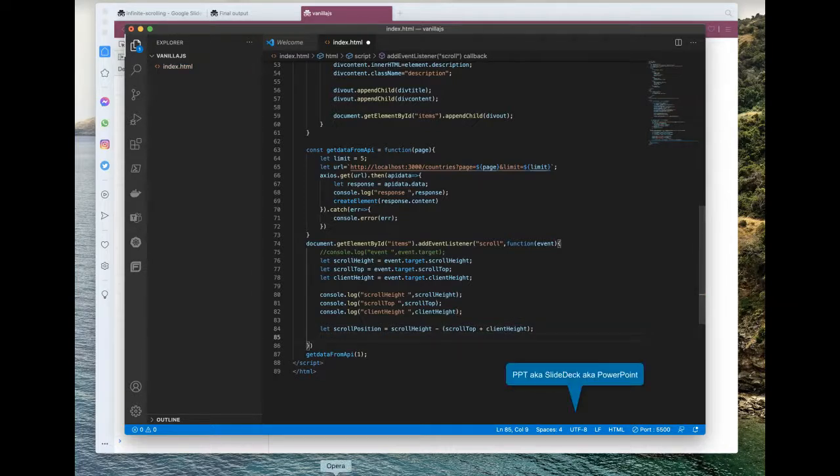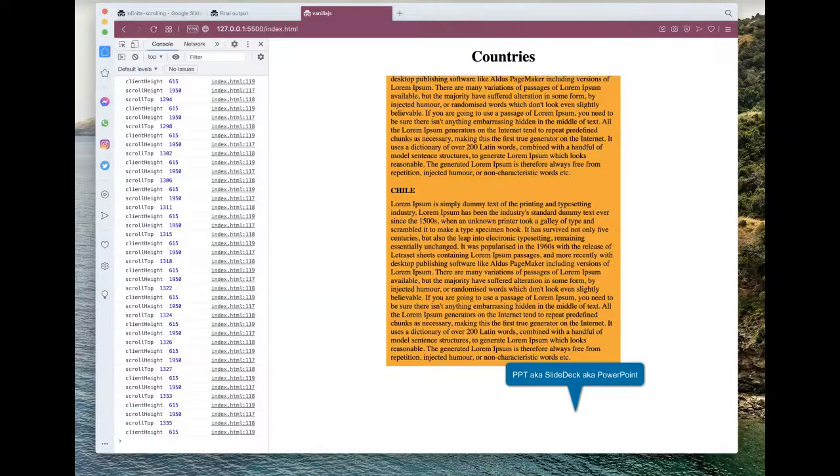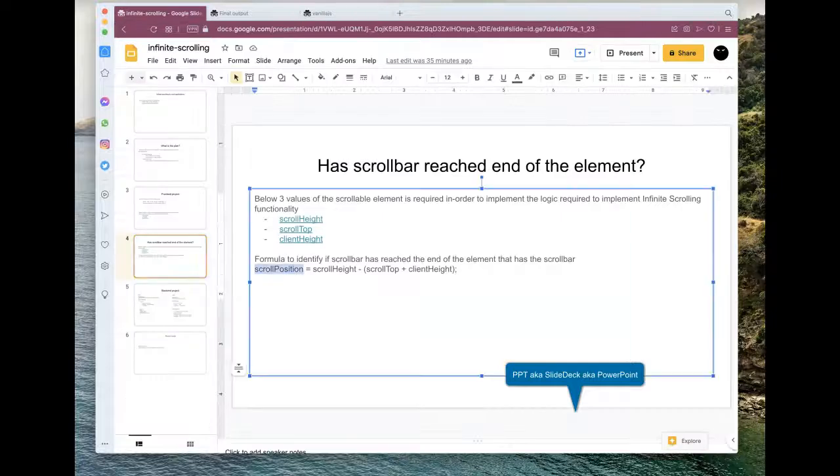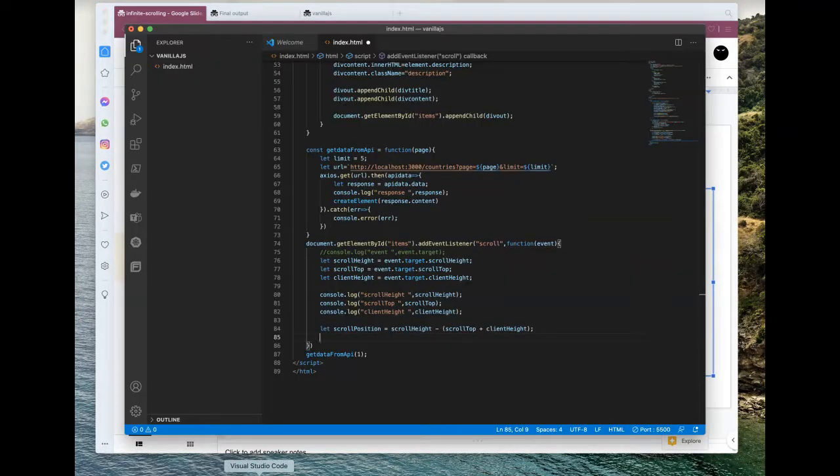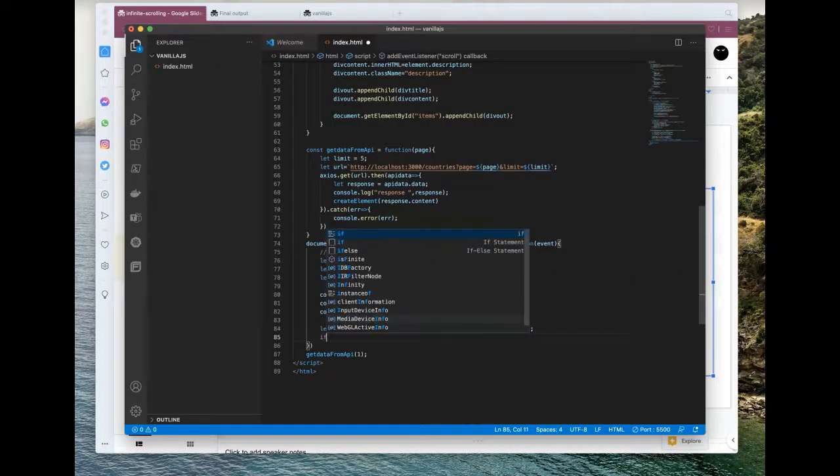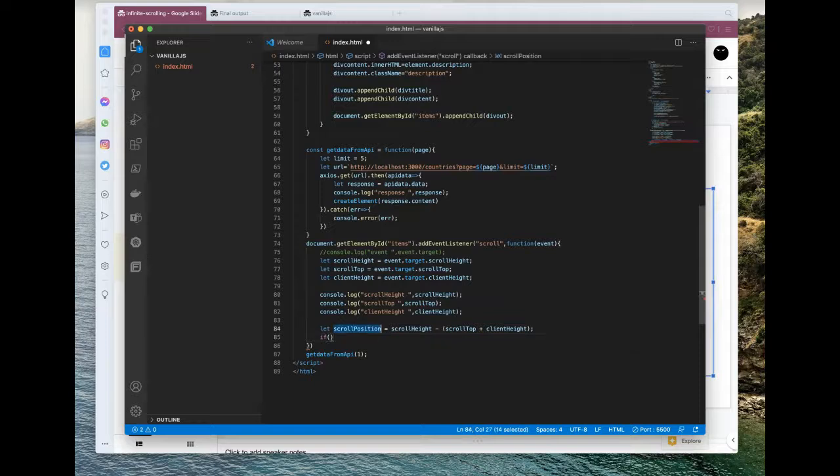I have added this formula in the PPT as well. If the scroll position is 0, then it's time to invoke the next page.